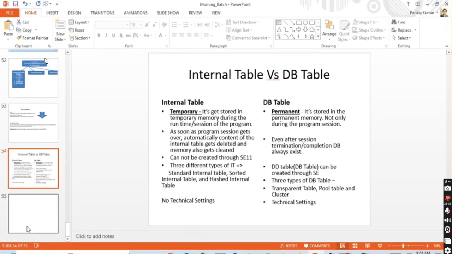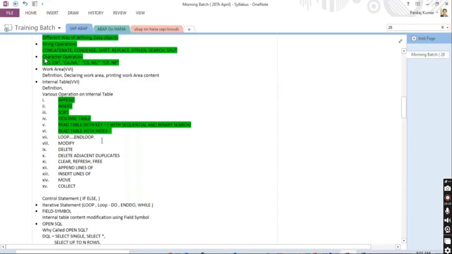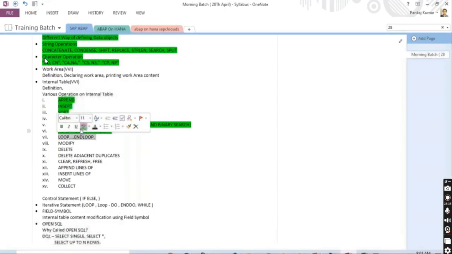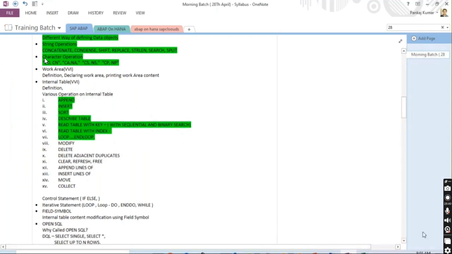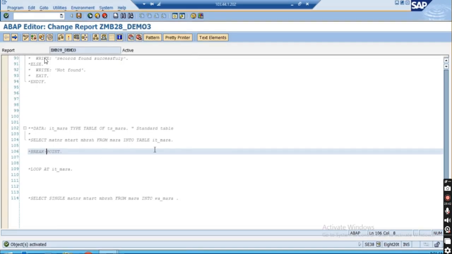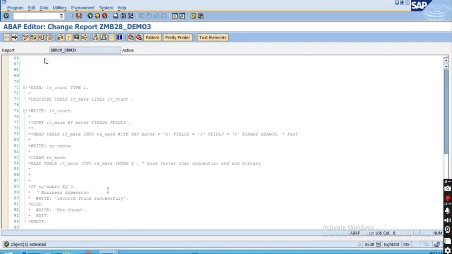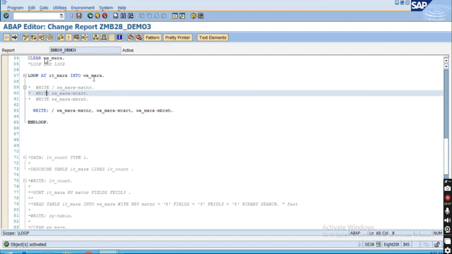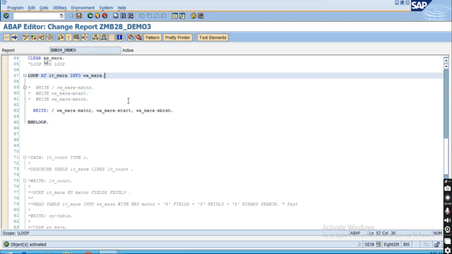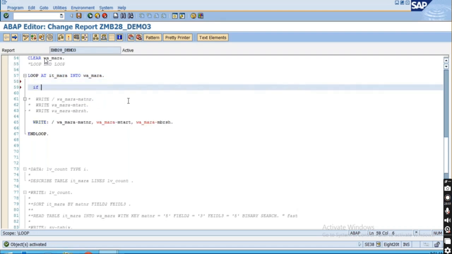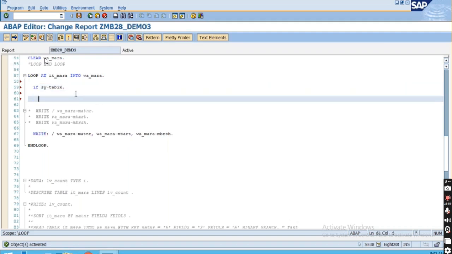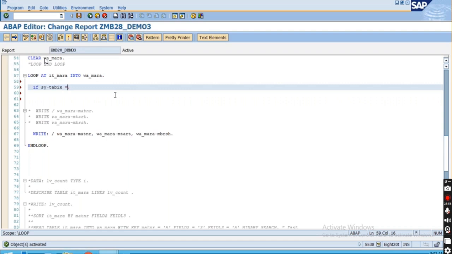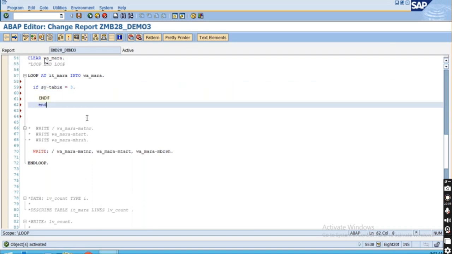Come over here in syllabus, loop and endloop. I have told you, right? And one thing maybe I can tell you at this point of time itself, if in the first pass of the loop itself you want to exit, yesterday I was telling you, right? So sy-tabix you can check over here. Like if sy-tabix, or suppose after the second pass or third pass of the loop itself you want to exit from this loop, so you can